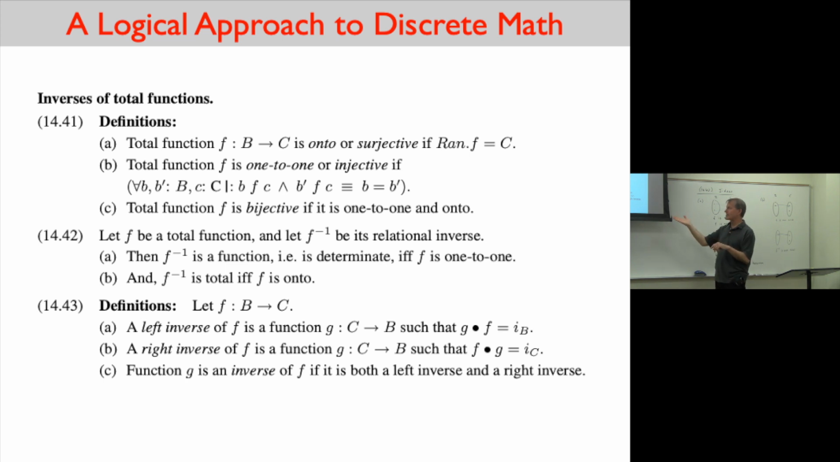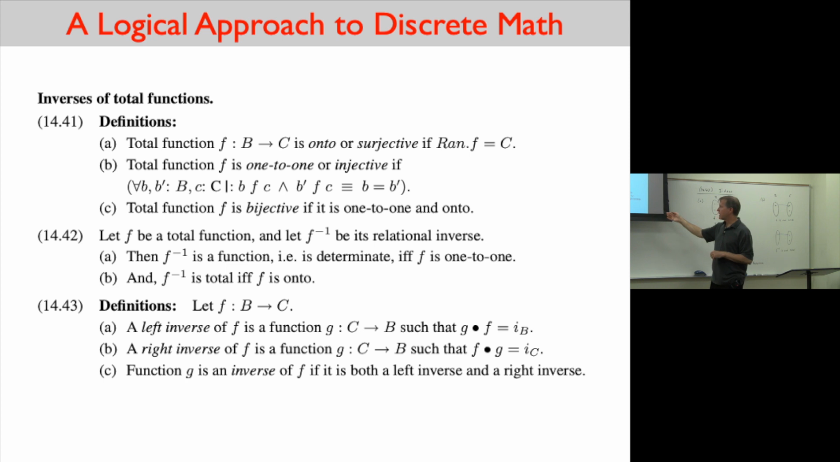If it is both of them, then it is an inverse. So function, and these are, by the way, definitions. We're not proving these. So the definition: if it's both a left inverse and a right inverse, then it is an inverse. Okay, so here we have a left inverse of f is a function g from c to b such that